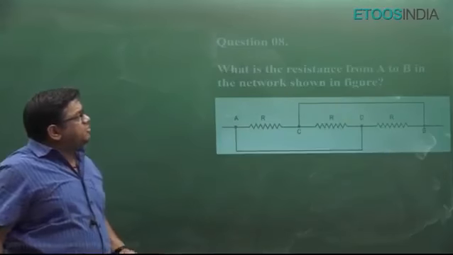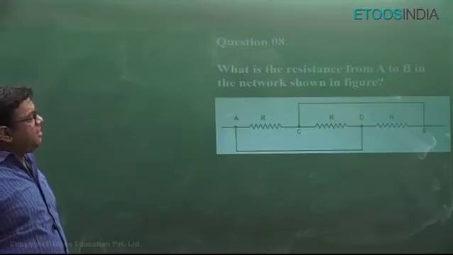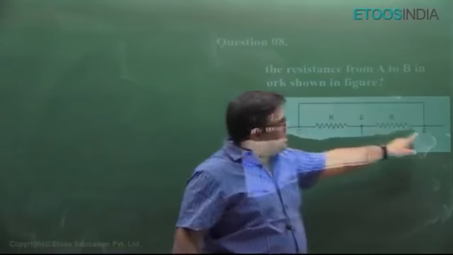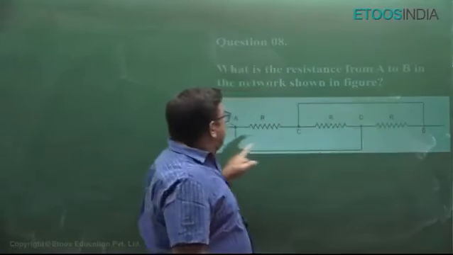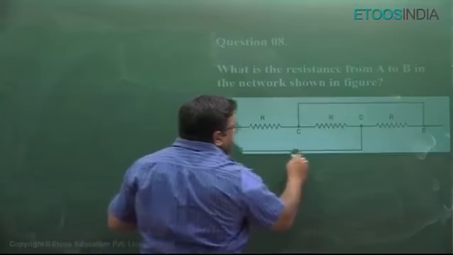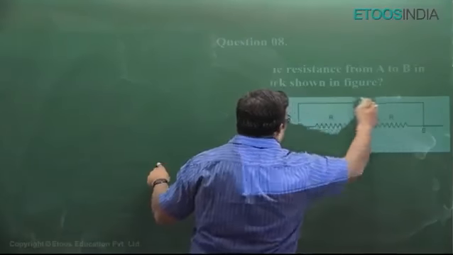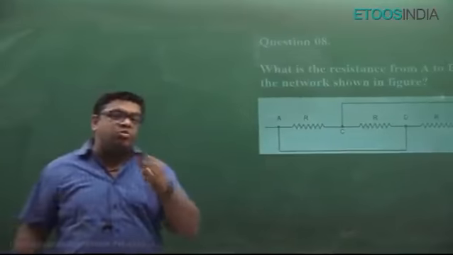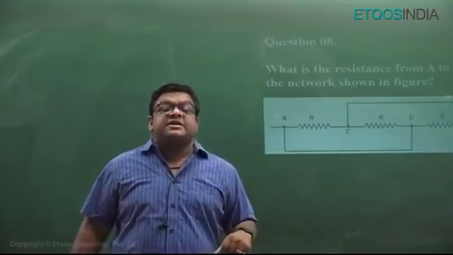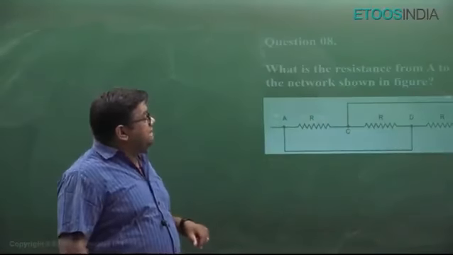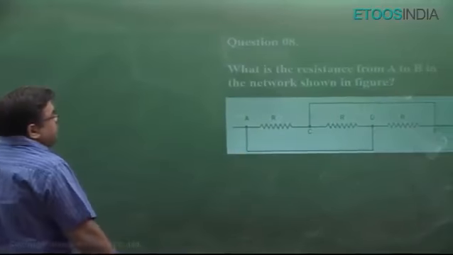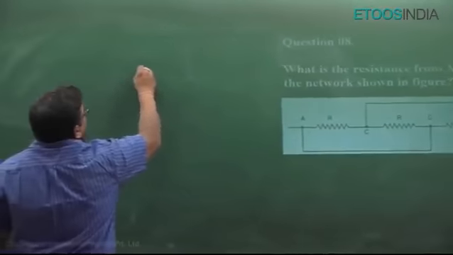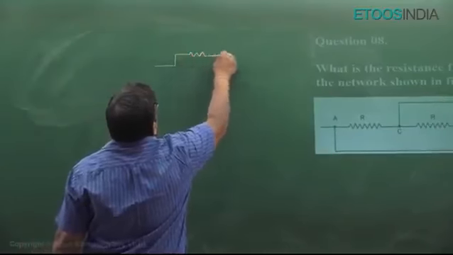What is the resistance from A to B? Okay, in the network, this point is A and this point is B. Let me tell you one thing. These are known as connecting wires. And whenever two resistances are present between two connecting wires, they are said to be connected in parallel. So if I make the equivalent diagram for the circuit from A to B,